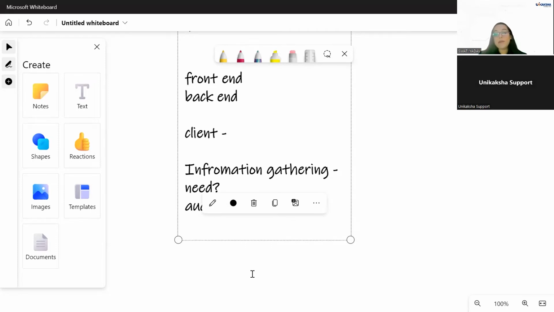Then next comes a part which is called planning. Once you understand the purpose of your website and what kind of people you want to visit, it's time to start planning. Once you have all the requirements, once you have all the information on why this website is required, you start planning for it.